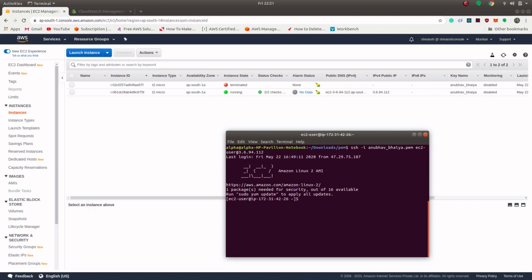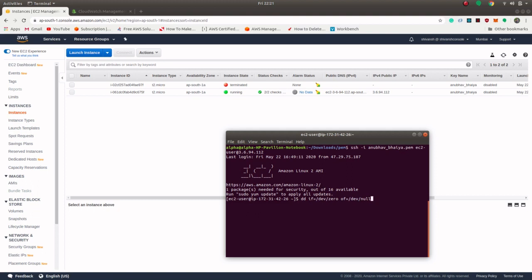To create a load, we can type this command: dd if=/dev/zero of=/dev/null.